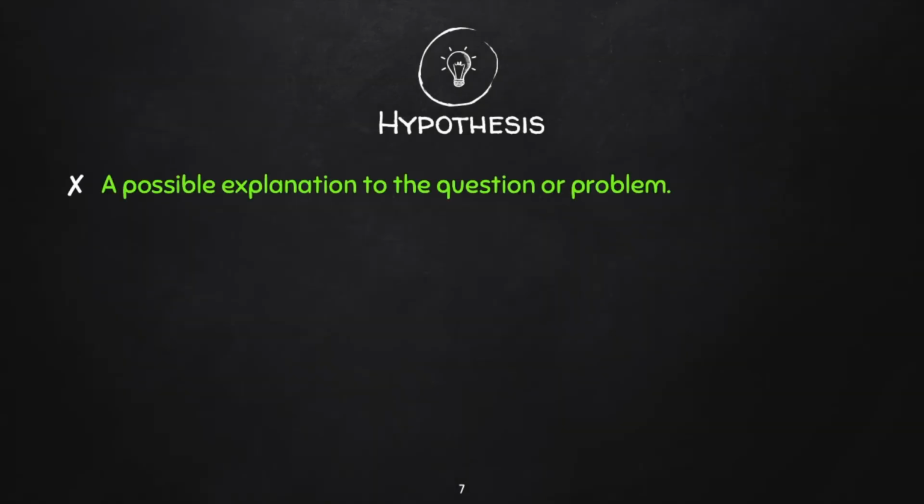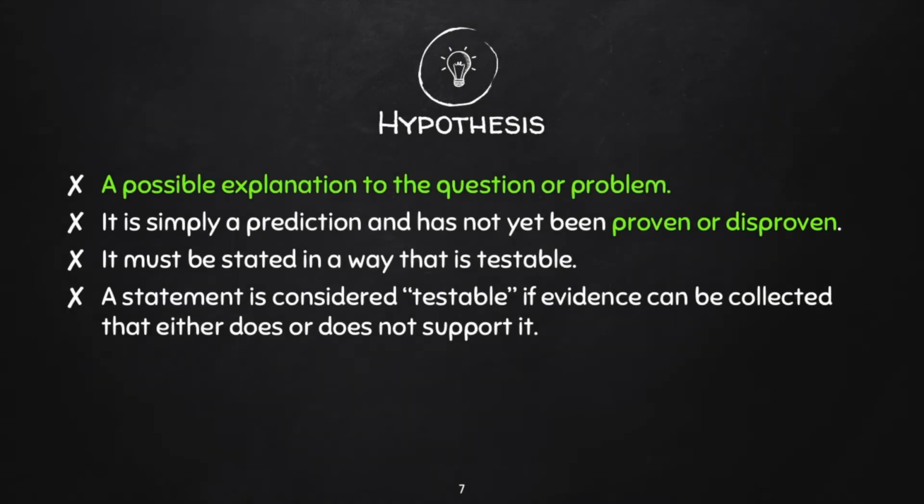And then step 2, hypothesis. Okay, so we all know that a hypothesis is just an explanation of that problem or question, and it really should be based off of research. But it's a prediction, and we haven't proven or disproven it yet. We're going to have to make sure that it's testable. That's a big deal. You don't come up with a hypothesis that you can't test. Otherwise, you're done. You stop there. In science, we make sure that we can test it. We make sure we can get data off of it so that we can show the world what we've done